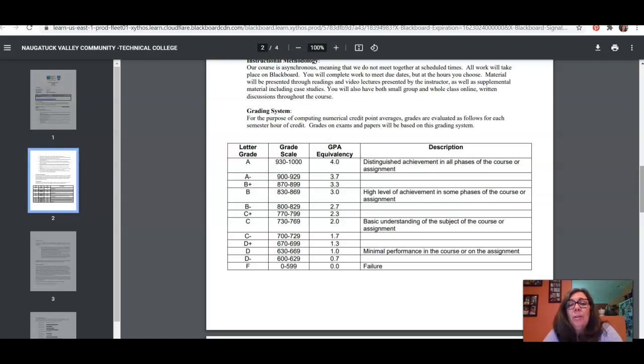But you might also get an A if you earned 930 points, right? You would also get an A if you earned 930 points. And so you can see the cutoffs here and how that's going to work. The 1,000-point system means that when you look in My Grades on Blackboard, you'll always see a running total of how many points you've earned. I never work off percentages. We'll never be working off percentages in terms of grading. So if you lose 5 points on a 15-point discussion, you haven't earned a 67%. You have lost 5 points out of 1,000, and that is the important way to think about that. I like the 1,000-point grading system. Those of you who've had classes with me before know that I operate this way in all of my classes.